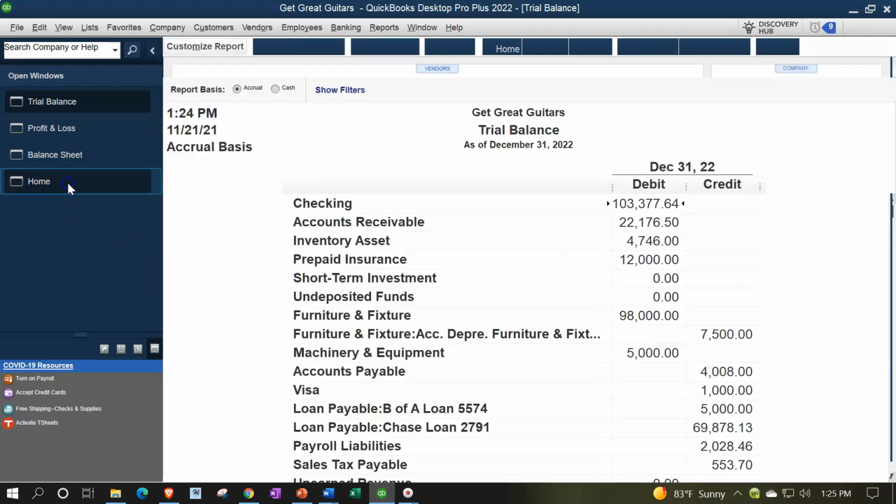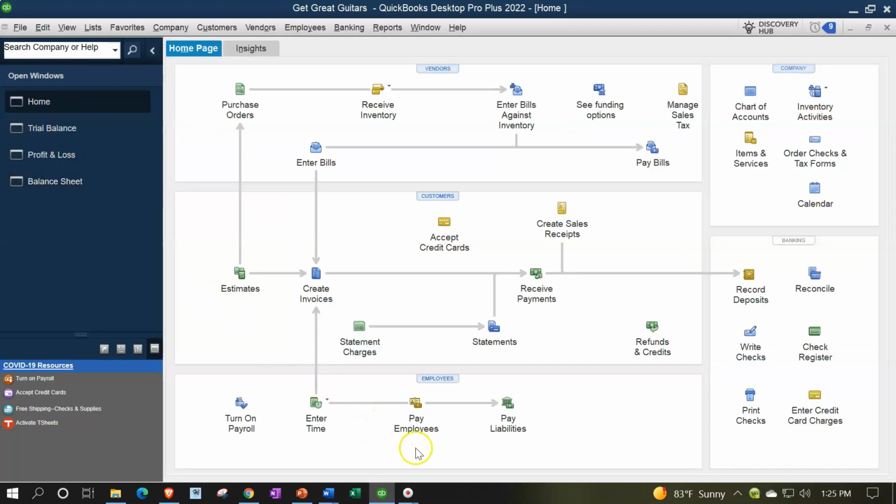If we go to the home page, then we're looking at this item, pay the employees, remembering that payroll is going to be an add-on feature. Typically, we're using the manual payroll here, which is a great tool for practice because it allows you to basically calculate and think about what the calculations are for the withholdings, but it's not something you would typically want to